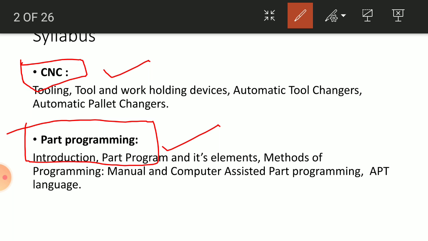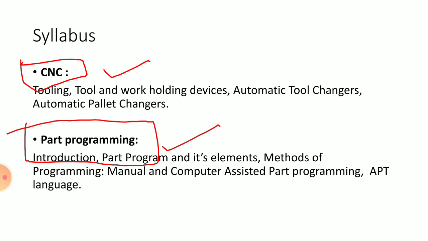That is how we can do the automatic changing of the tool. Now the second point is part programming. Part programming means we have to perform the programming operations on the computer, and through these computers we are giving specific commands to the tool so that it can perform specific operations on the workpiece. We are going to study what the G code and the M code are in part programming, in the next slides or the next lectures.